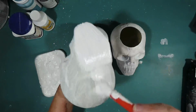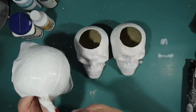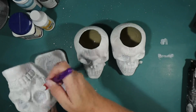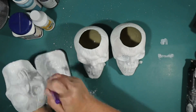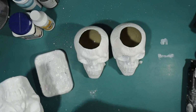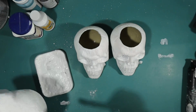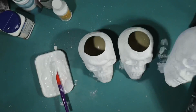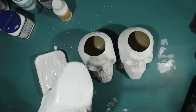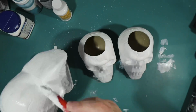Now you'll see I did the same thing with 2 more skulls, so I just cut a hole in them and painted them with a coat of this baking powder paint, and now I'm going in and putting a second coat of paint on all 3 of those. I want to make those little planters for some flowers, actually some leaves. So that's what it looks like with 2 coats. And then I did have to go in and do a 3rd coat on all of my skulls,